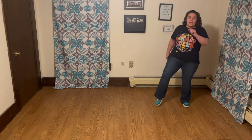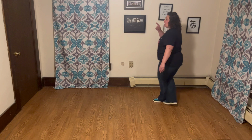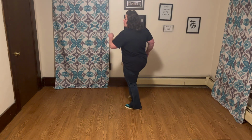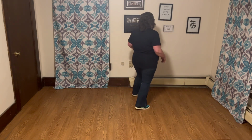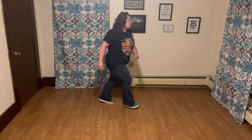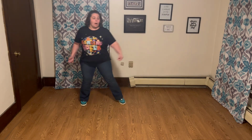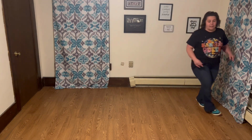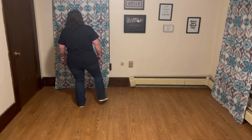Knee in, knee out, hitch, behind, side, cross, side, quarter, locking, shuffle, forward, touch, restart, knee in, 1 and 2, 3 and 4, 5, 6, 7 and 8 and 1, 2, 3 and 4, 5, 6, 7 and 8 and 1, 2, 3, 4, 5 and 6, 7 and 8, 1 and 2, 3 and 4, 5 and 6 and